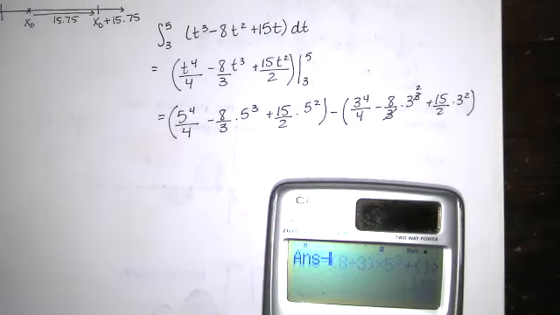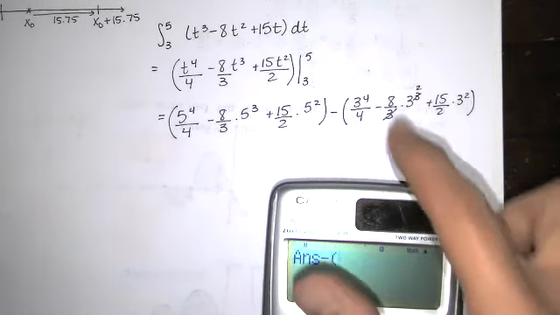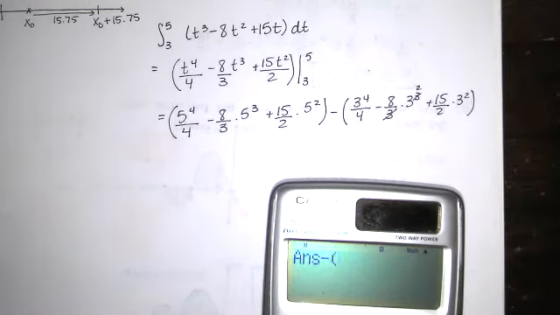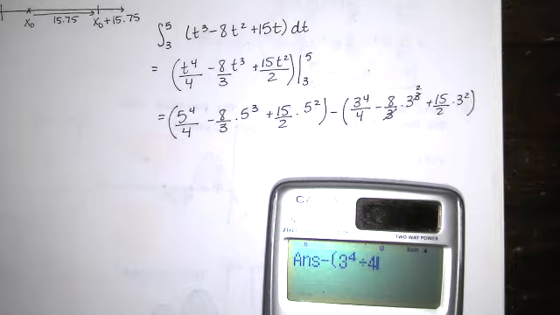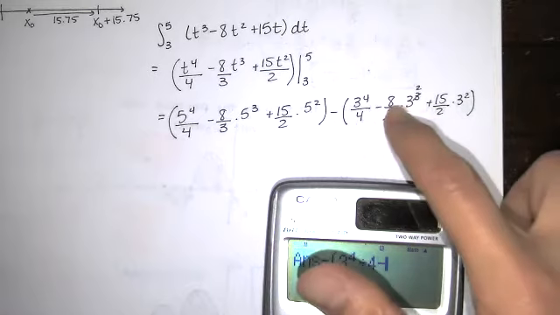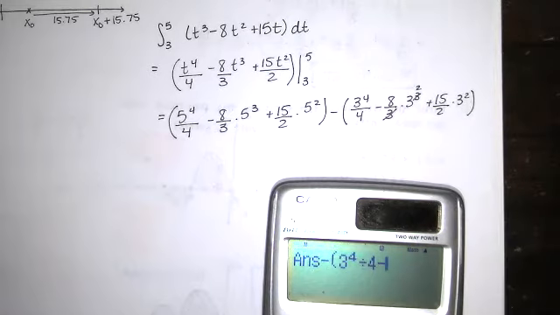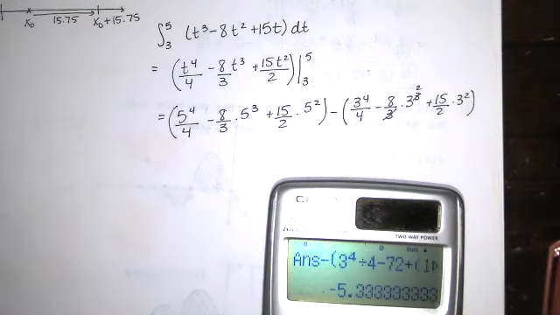And then we're subtracting, open parentheses, all of this. That's 3 to the 4th over 4 minus, it looks like we've got an 8 times 9 there, so it's minus 72, plus 15 over 2 times 3 squared, which is 9, close parentheses for that second set of parentheses, hit equals, and we get